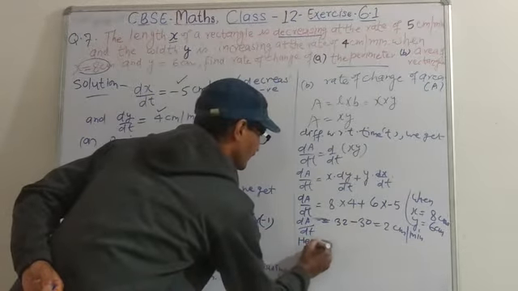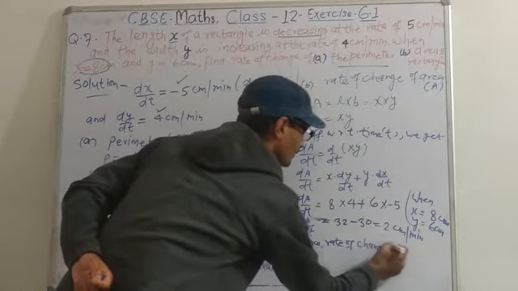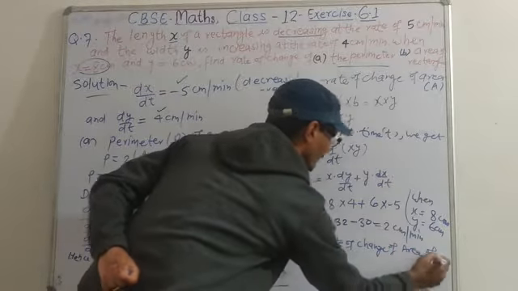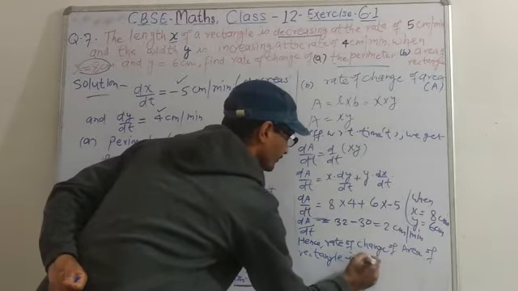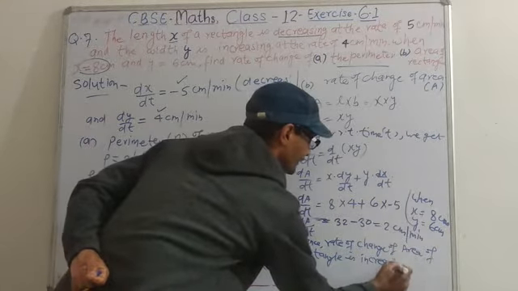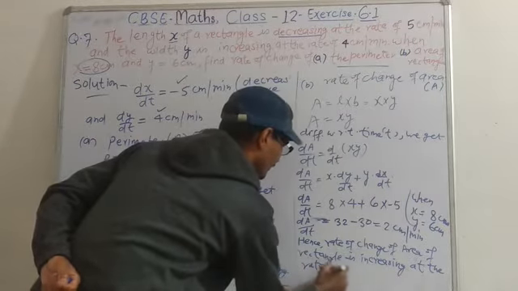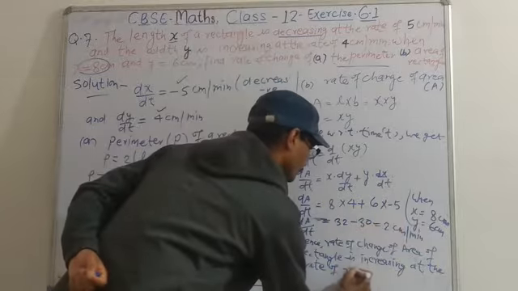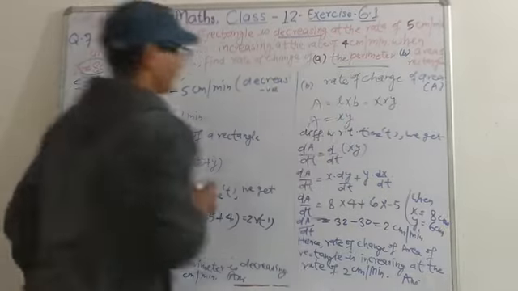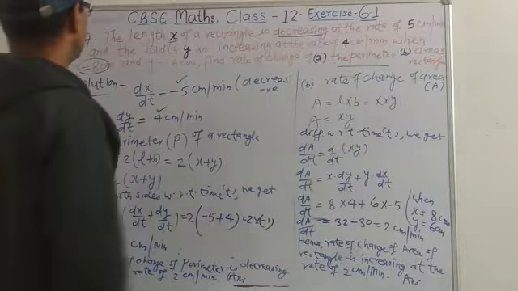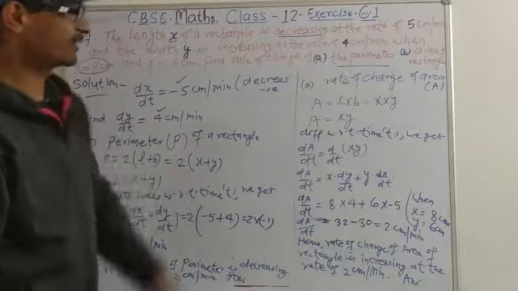Hence the rate of change of area of rectangle is increasing at the rate of 2 centimeter per minute. Hence it is our answer. तो इस तरह से करेंगे. बस it is समझना है decreasing और increasing. Wherever decreasing is coming you put negative and for increasing positive.